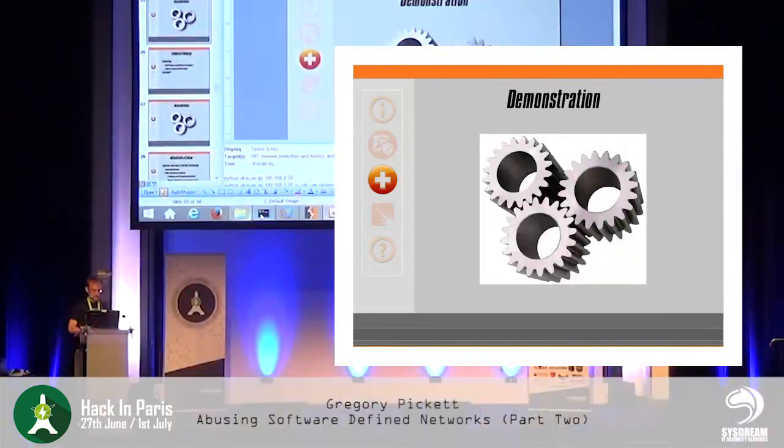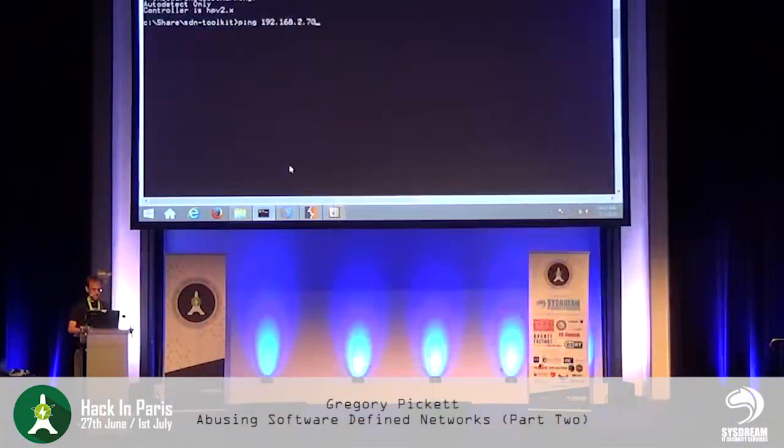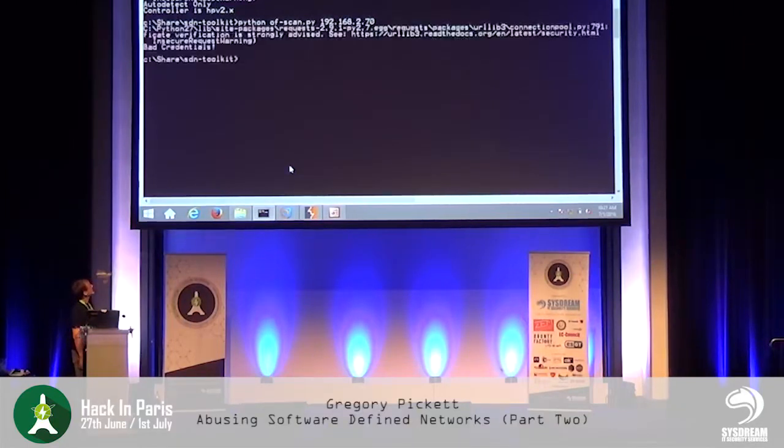Another demo. So maybe too far back. There we go. So it's going to go through that again. Unfortunately, there is no memory, so it's going to have to look for it again, auto-detect, if you will, and we have to wait for that timeout to occur on some of those connections. Give it just a minute. There we go. So it is being required. That's good. And it says bad credentials. Didn't use any. So that's how we found that out.